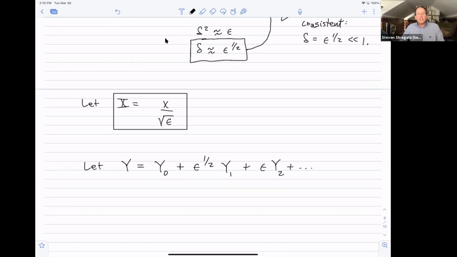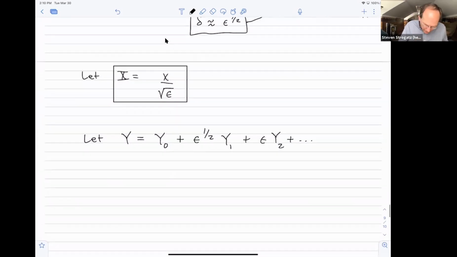And so you're going to be expanding in powers of epsilon to the half. So here, epsilon to the half is the small parameter, the expansion parameter that we should be using. Hopefully that makes sense. And so with that choice, our governing equation,